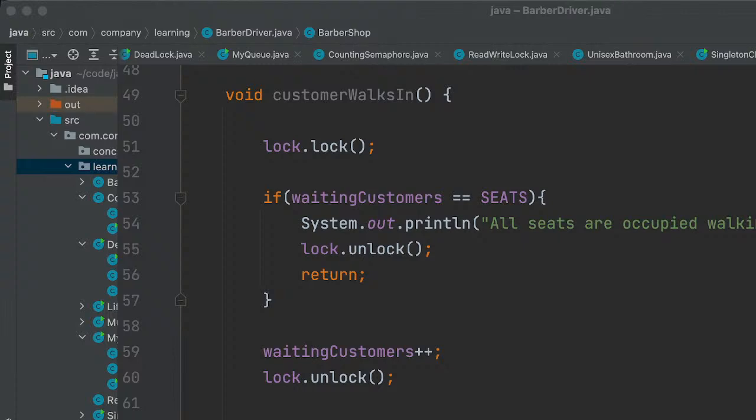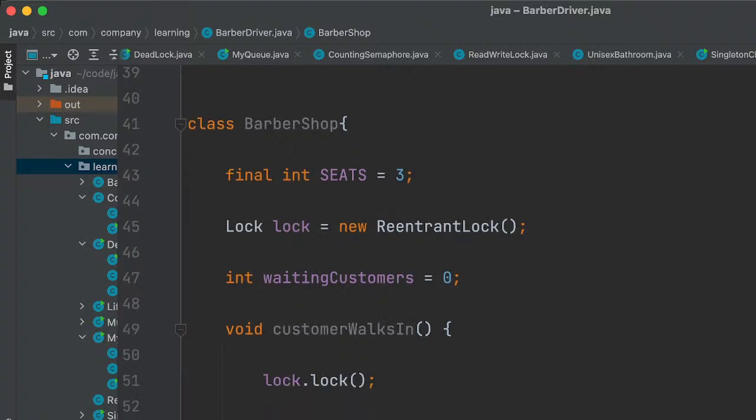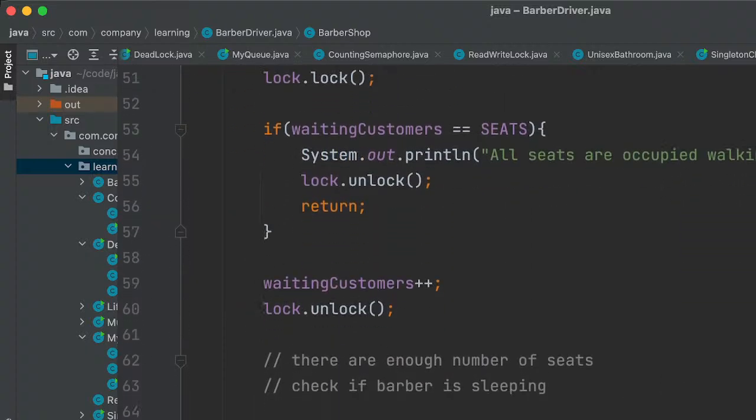So we need to signal, right? So initially, at the initial state, the barber will be sleeping, right?